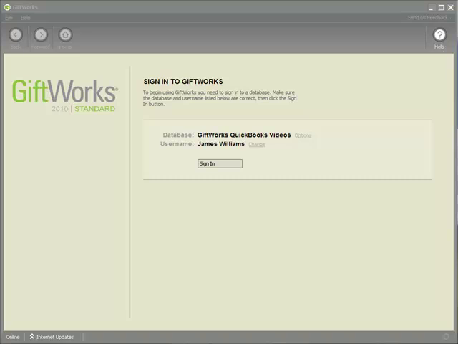This video is part of a video series in understanding how GiftWorks can be configured to work with QuickBooks. This particular video is understanding GiftWorks Accounts and Funds. It's an overview of GiftWorks Accounts and Funds and how they are used to configure the accounting requirements for your